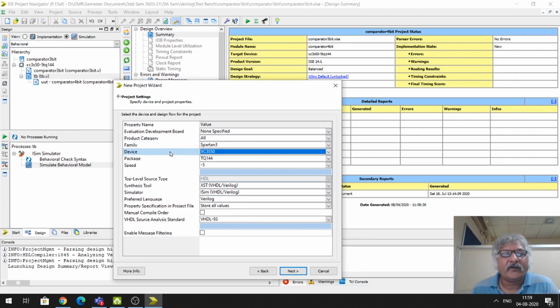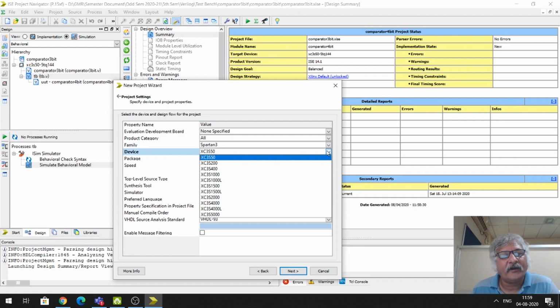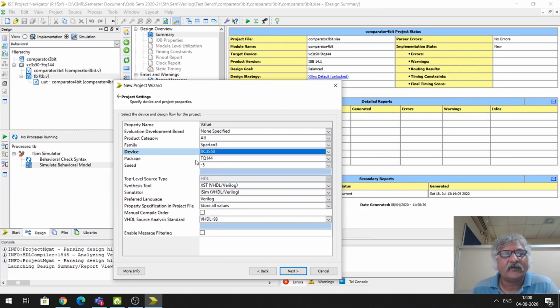Now after that the next option is device. In the Spartan 3 family of Xilinx FPGA, the part number of this particular FPGA is XC3S50. It is selected. If you have a different FPGA, you can select from these devices. We will not change this either.